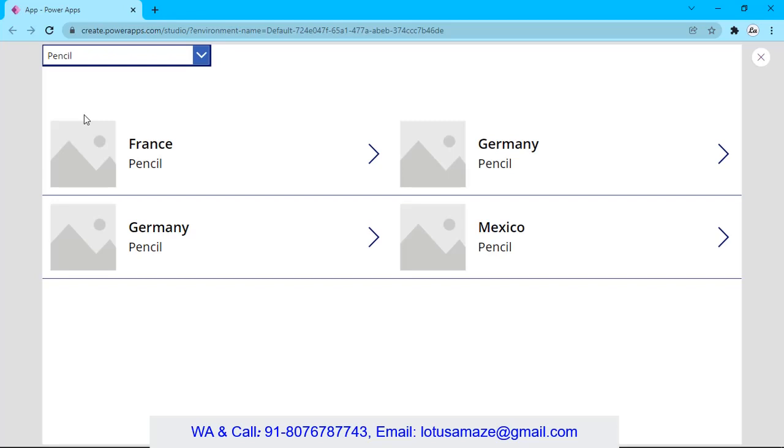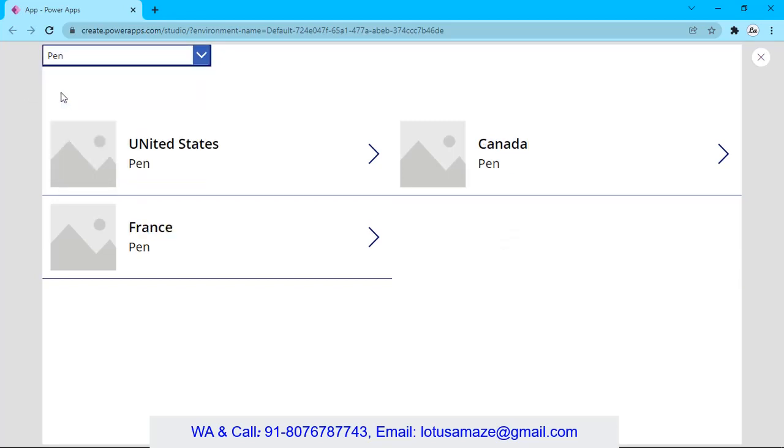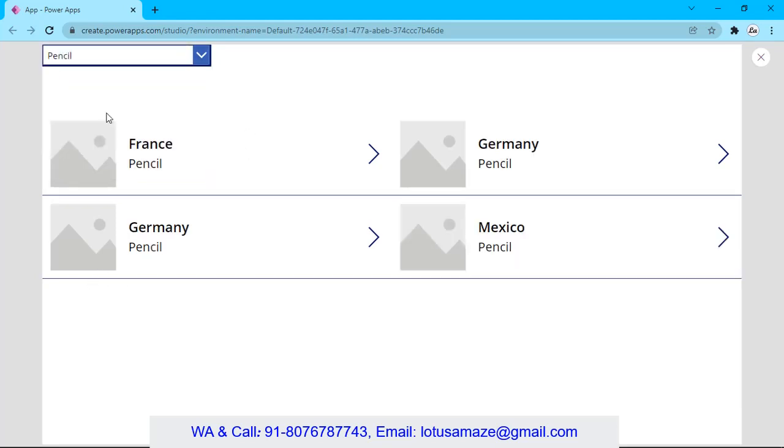Okay, so you can see the difference between the search and the filter. When you use the search, it's a start with. If I select the pen, in case of the search, it takes the value of the product which starts with these characters, say PEN. So pencil was also included in case of the search. But in case of the filter, it's an exact match. Pen, only pen. Then pencil, pencil.